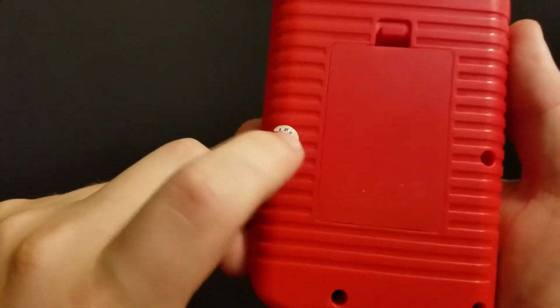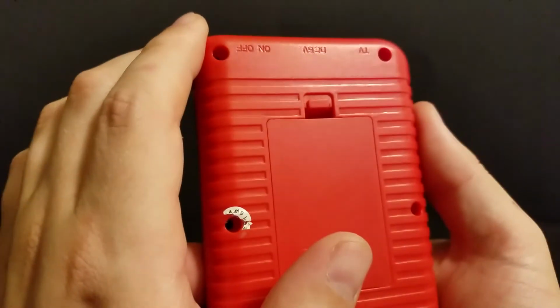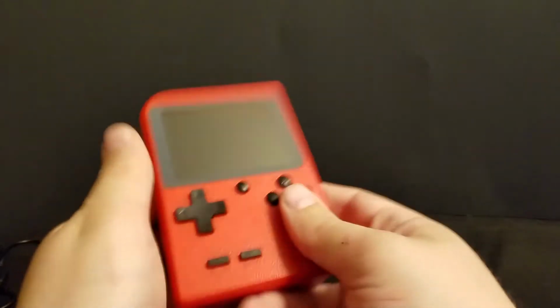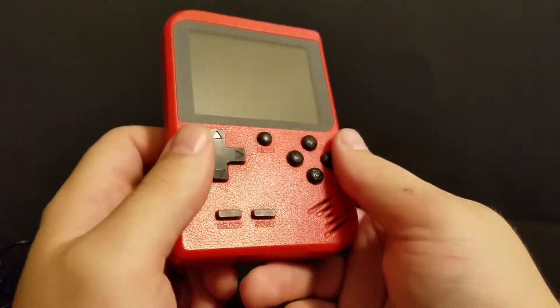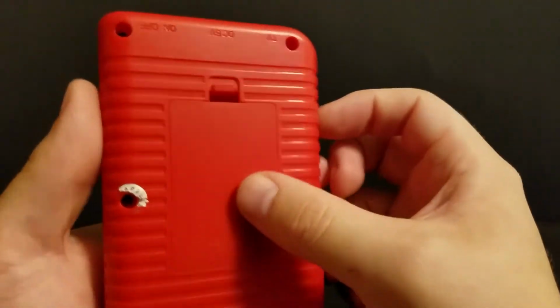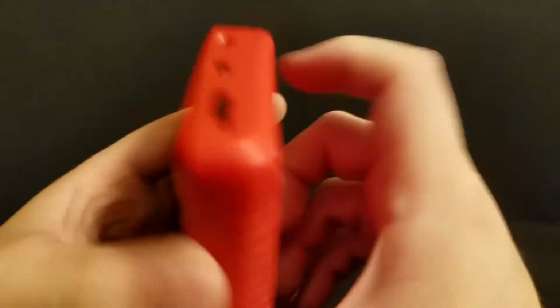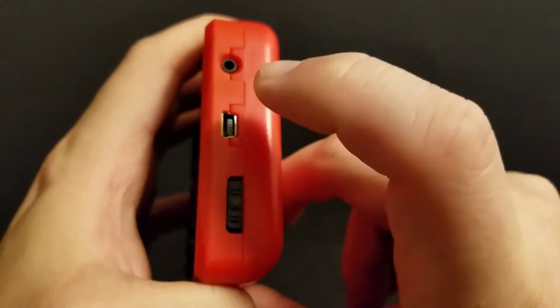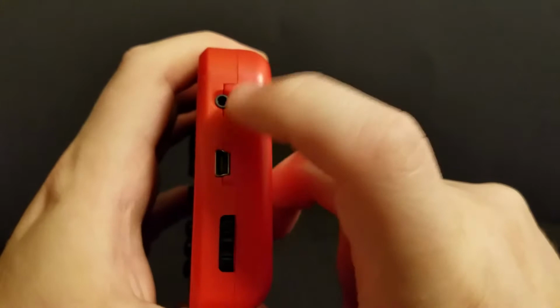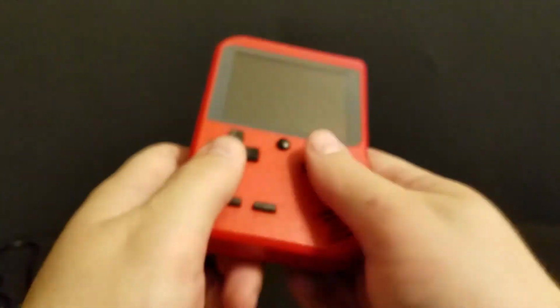I did pop off this screw so I could take it apart. Unfortunately, no, this is not a device where you can go in and change the ROM set, at least not easily, because I've seen some of those. I was hoping this was one of them, but it is not. Up here you've got your charging port, which is also where you plug in that controller. You've got your TV output, you've got your power switch,